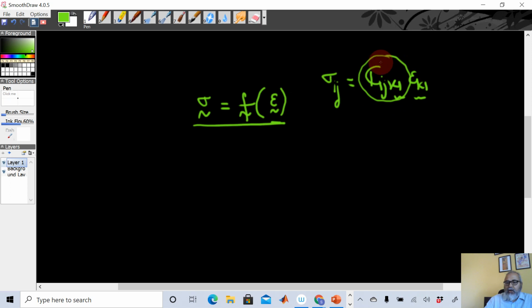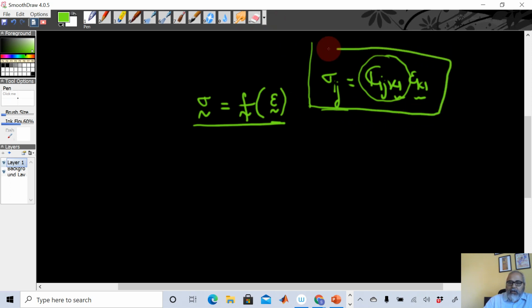These are constants which have to be determined experimentally, and will give you the constitutive equation for sigma ij. Similarly, for every six ij pairs, you will have 6 such equations, and therefore you will need altogether 81 constants to specify this completely. Now this is known as generalized Hooke's law,